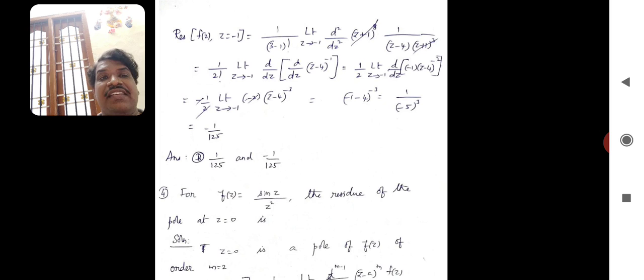After cancellation, we have 1 by 2 factorial. 3 minus 1 is 2, 2 factorial. Limit z approaches minus 1. So we can convert the second order derivative with respect to z into